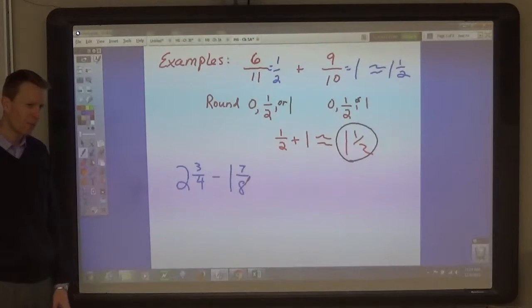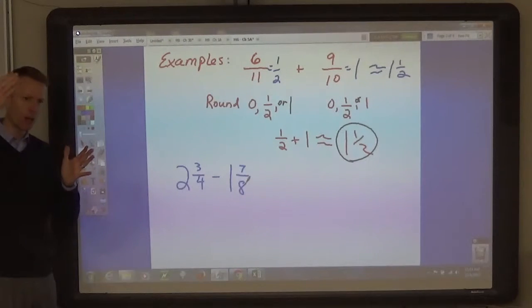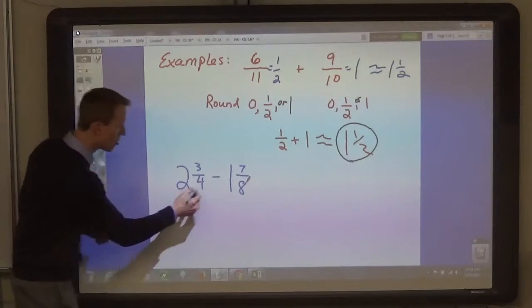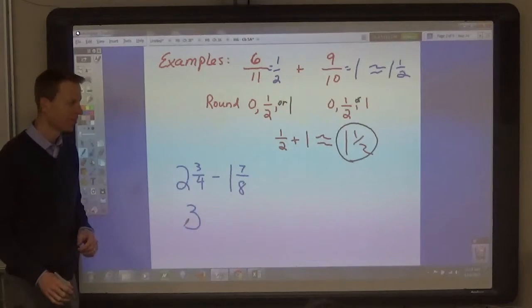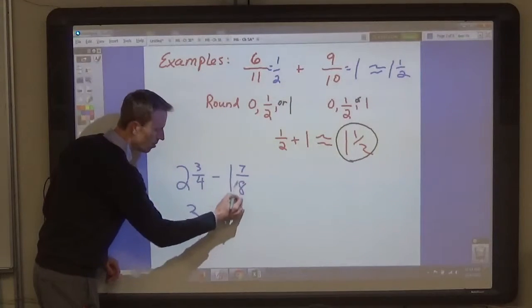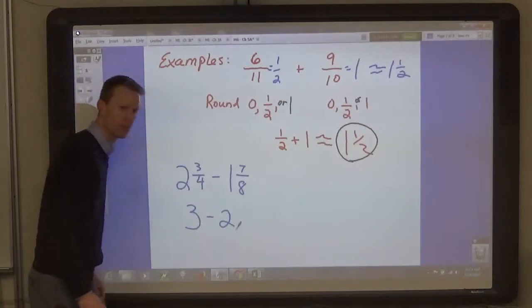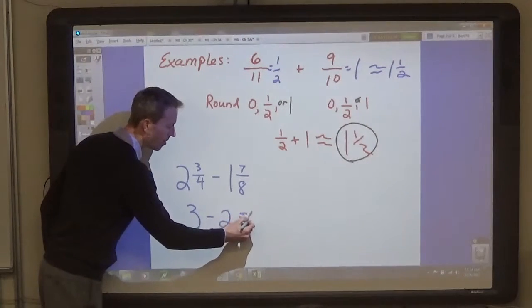It's closest to 3 probably. Yep, because when it's halfway, we usually round it up. So this is closest to 3. And this is closest to 2. So the best estimate is,